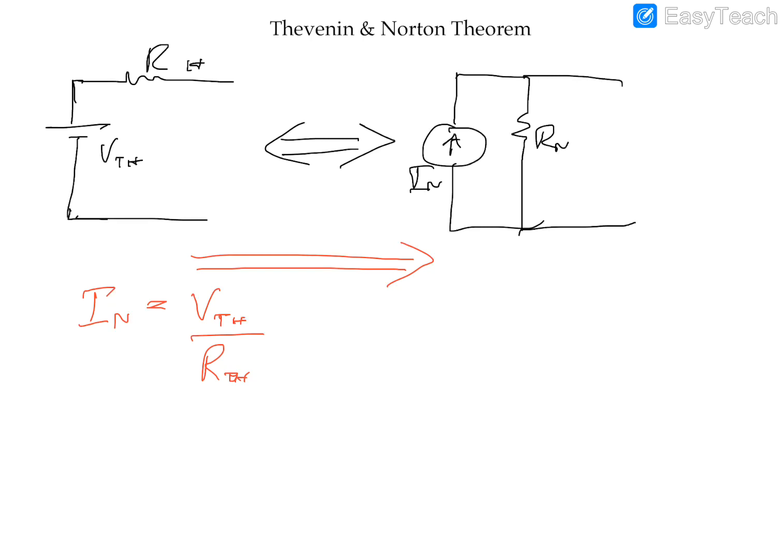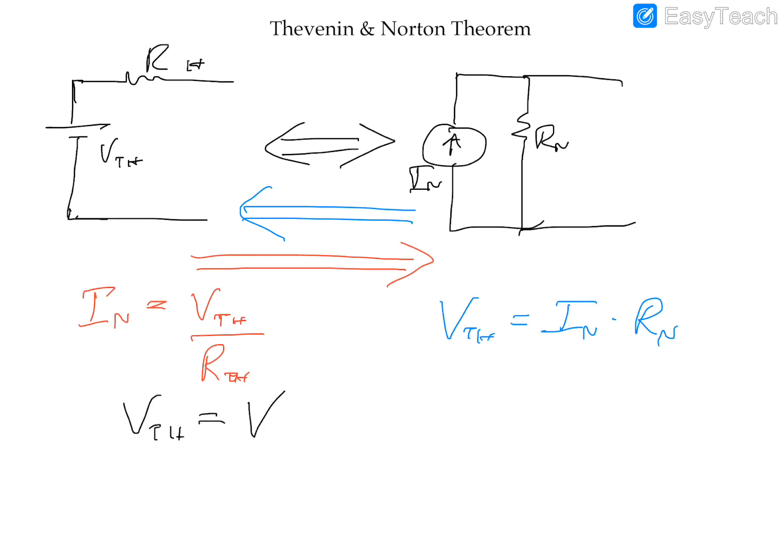And if you want to go the other way, if you want to get a Thevenin circuit from a Norton circuit, then it would be the Norton's current times Norton's resistance. So now you see how simple it is. So if you have a complex circuit, you can either change it to a Thevenin's circuit or a Norton circuit, and these two circuits are interchangeable. And this voltage, VTH,